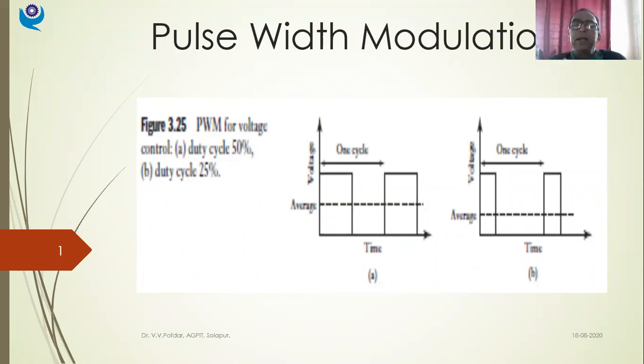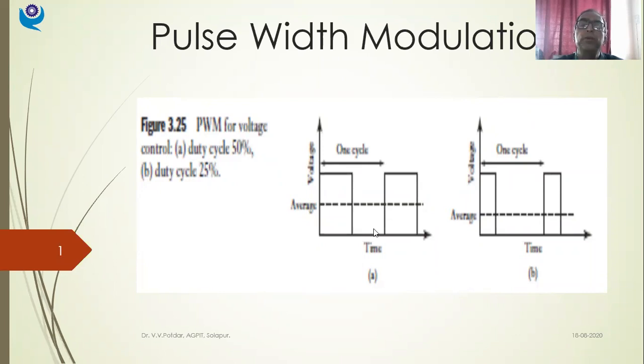So please be attentive. Now in pulse width modulation, what we do is the width of the pulse is altered. So what happened? Continuous voltage I have chopped down into pulses, so I have got a pulse train. Okay, focus on this figure. I have got a pulse train. Now each pulse corresponds to a cycle, a peak and a negative peak, isn't it? This is one cycle. This is called one cycle.